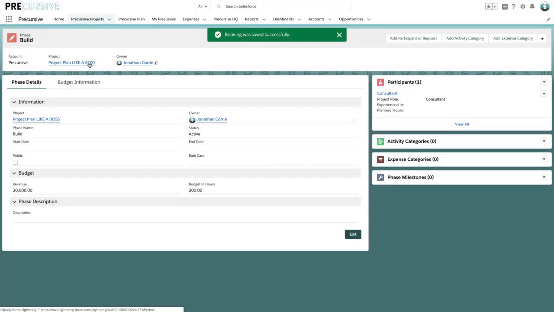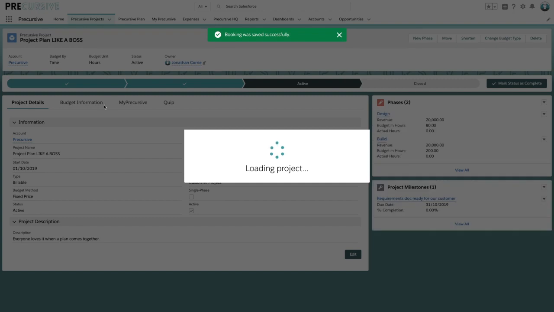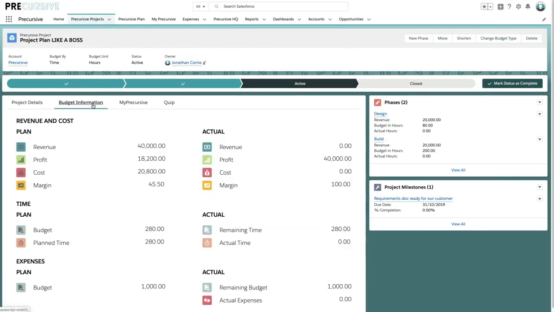And again, now if we go back to our project, we can now see how that budget's taking shape. So this is based on the overall budget that we've assigned to the work, which is our 280 hours. We've actually requested 280 hours across that project management role in the design phase, as well as the consultancy role in the build phase. We've got our milestone.